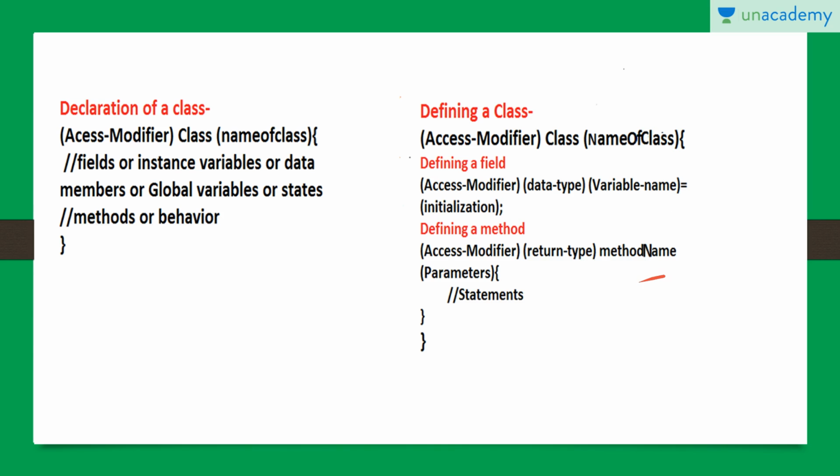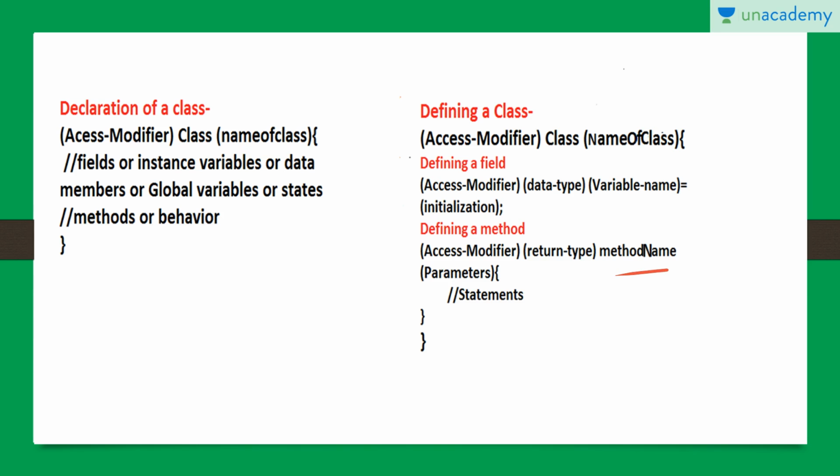So basically if you are using two words to give a method a name, then the first letter of the first word should be small, and after that all the words' first letter should be capital. As you can see here also, method M is small, and after that I am using the name word whose first letter is capital. Okay, so in class, while giving a name to a class, we have seen that all the words' first letter should be capital.